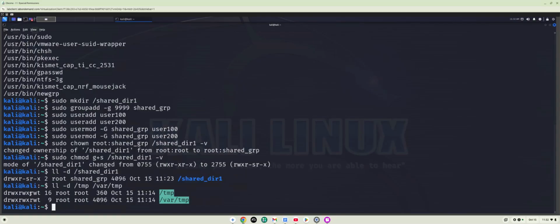Okay, so if we look here at our permissions, again, that D is in the front instead of just being a dash, so we know we're dealing with a directory. And at the end, where we would usually see RWX, we're going to see a RW